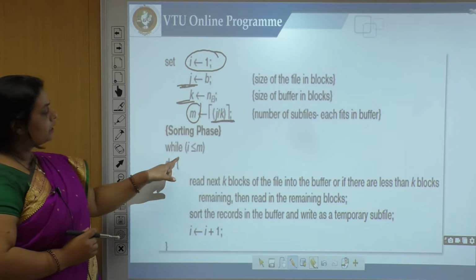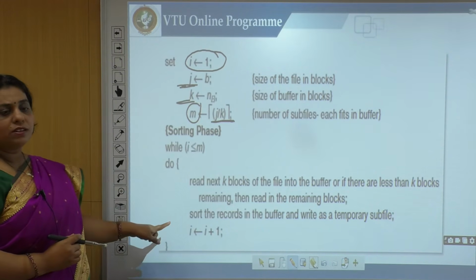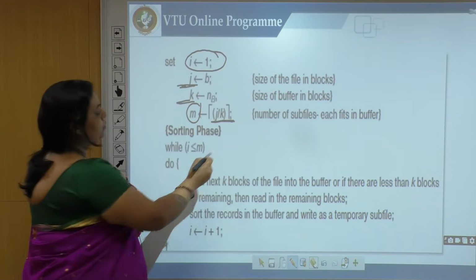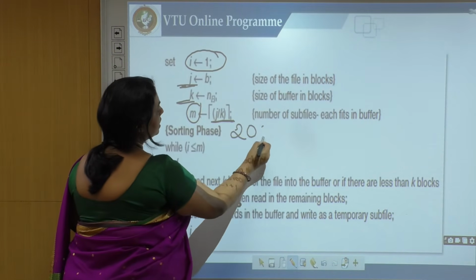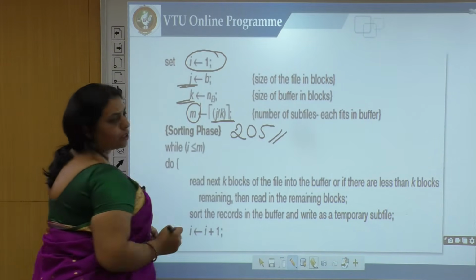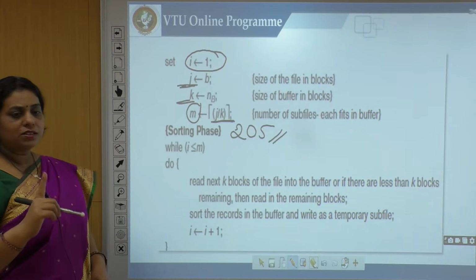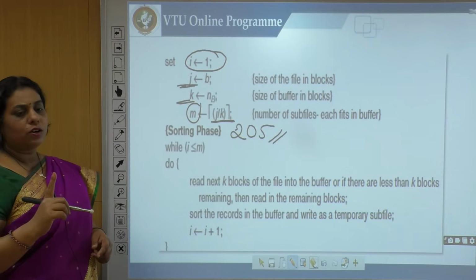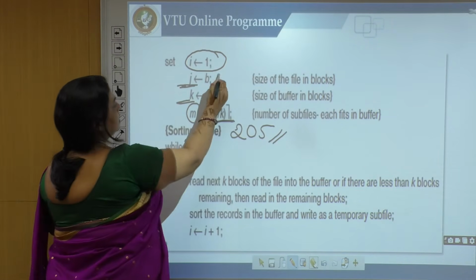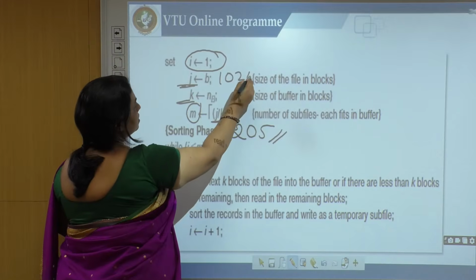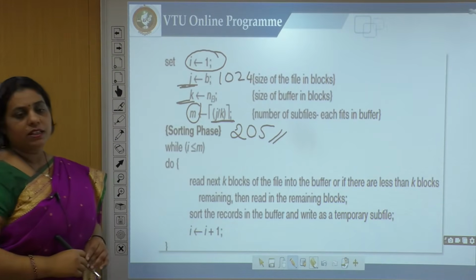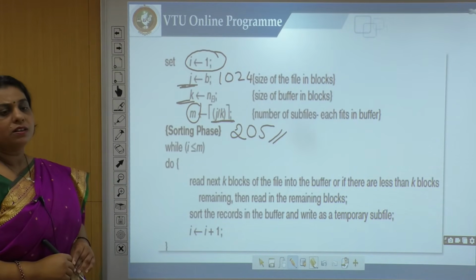So, how many times does this while loop have to run? It has to run 205 times, because at one time I can sort just 5 blocks among the 1024 blocks in the main file to be sorted.